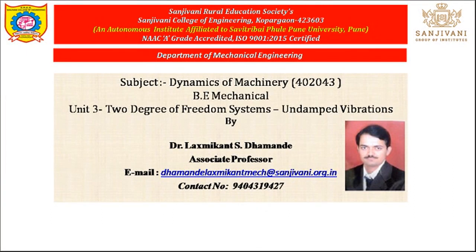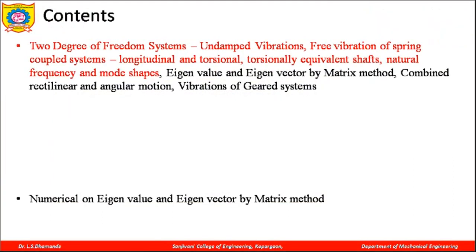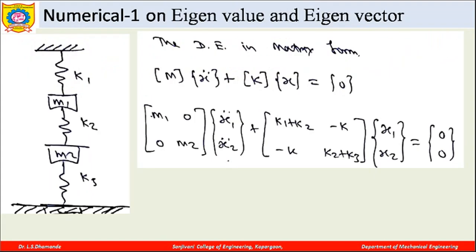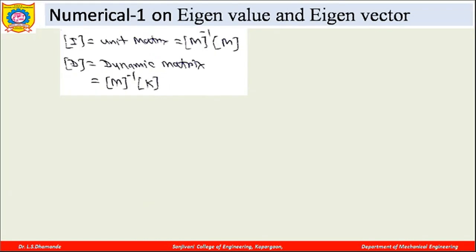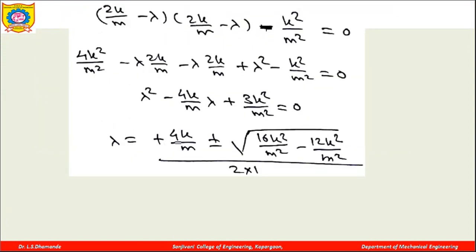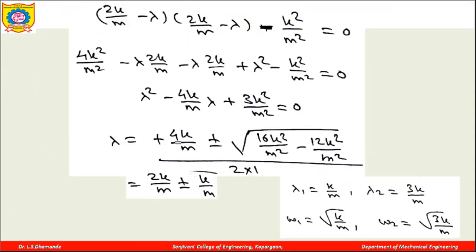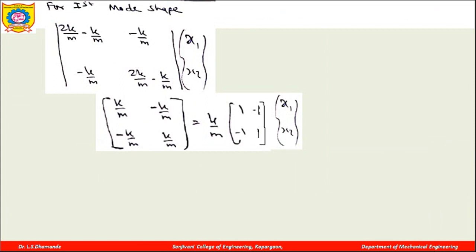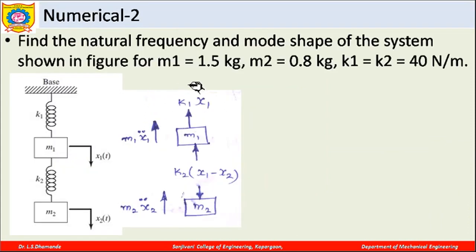So welcome back. We are solving some numericals on finding the eigenvalue and eigenvector by using the matrix method. One numerical we have seen, wherein you calculated the eigenvalues and the eigenvector. Now we will see the second numerical, in which you are given this system where there are two masses